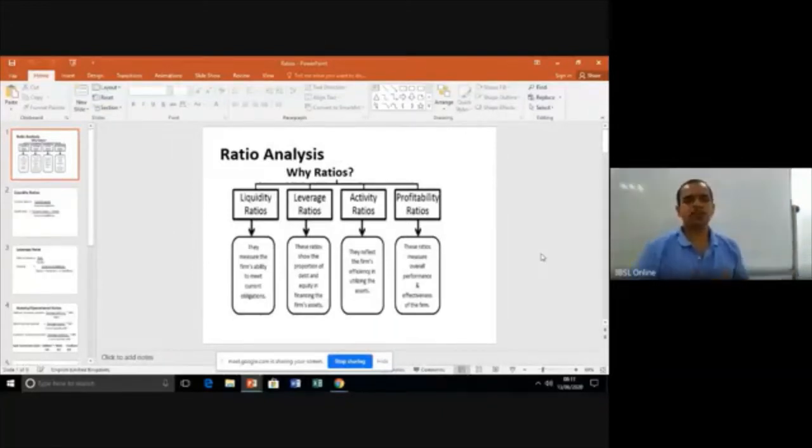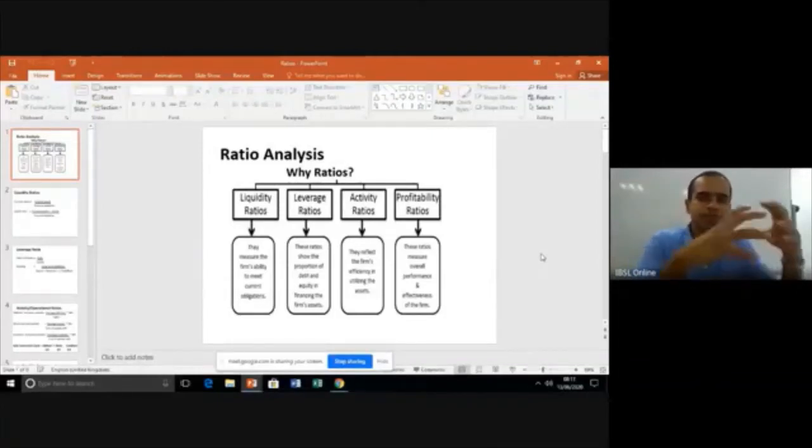Okay, so it helps compare. It removes the distortion of size. Sometimes size matters, but not always. So it makes things more comparable. Using ratios will make things more comparable. Also,